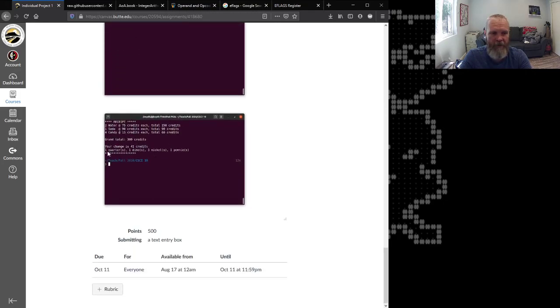So they bought 2 waters, 1 soda, 4 candies. Each of those has its own separate computed total. Then the grand total, and then the change. So the way I want this to work, because we don't have floating point numbers, all we have is unsigned integers. Pretend like this is all in pennies, or coins at least. So when they say I'm going to pay 141, it's like I'm paying 141 cents. So at the end, if you still owe them 41 cents, what they get back for that is 1 quarter, 1 dime, 1 nickel, and 1 penny. That's the 41 cents that they get back.